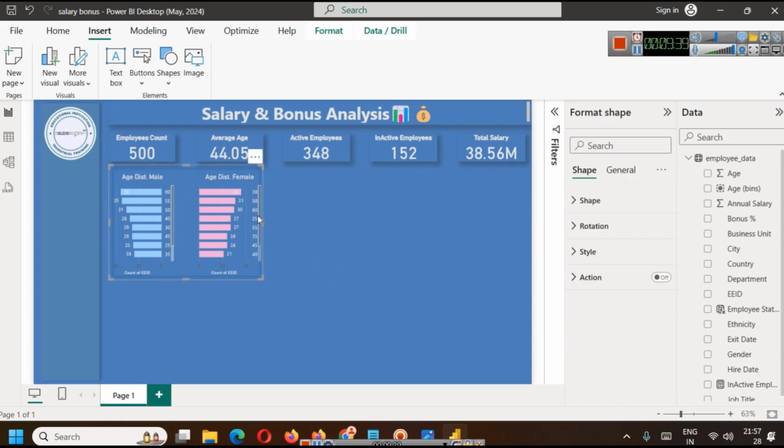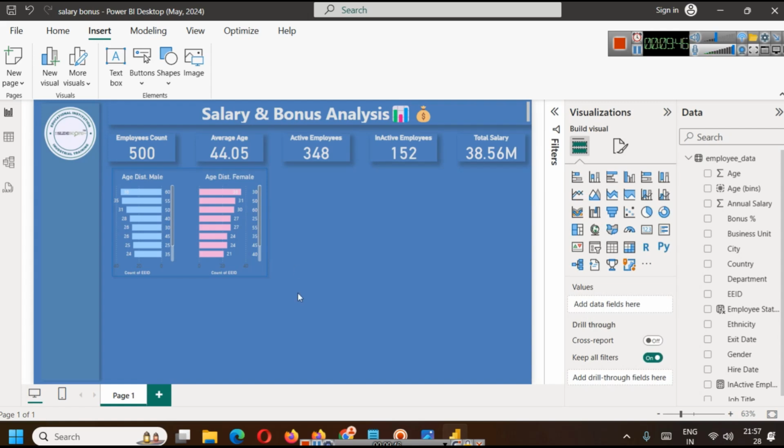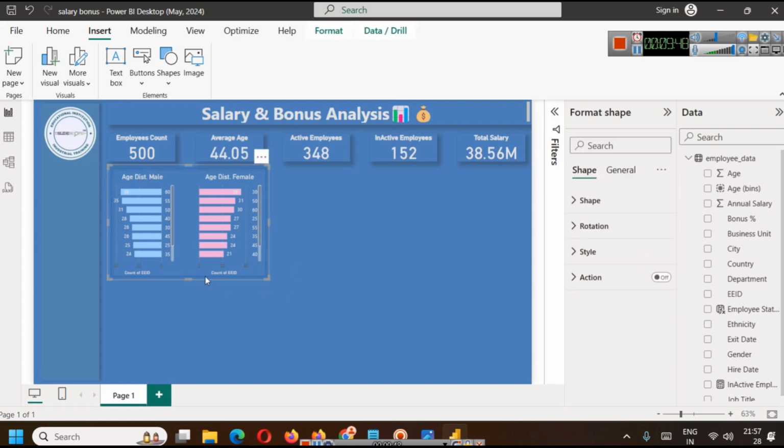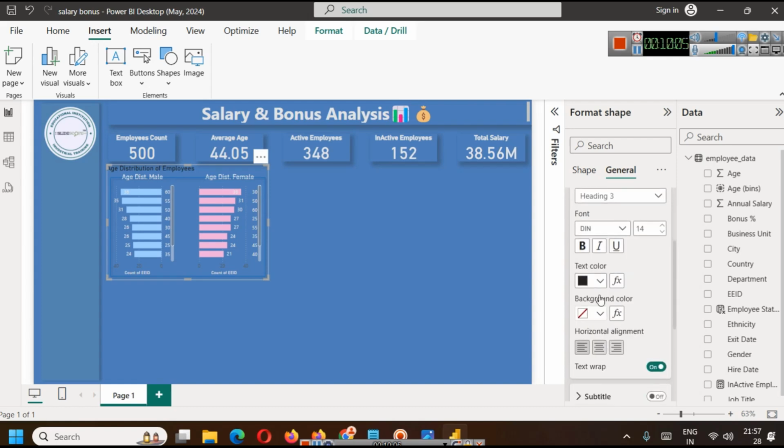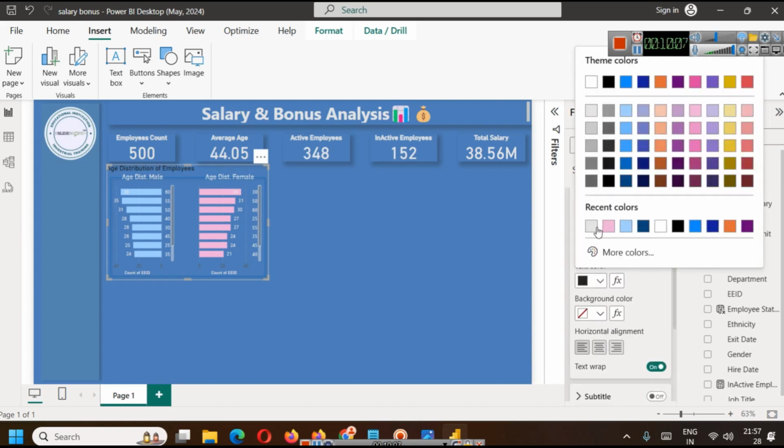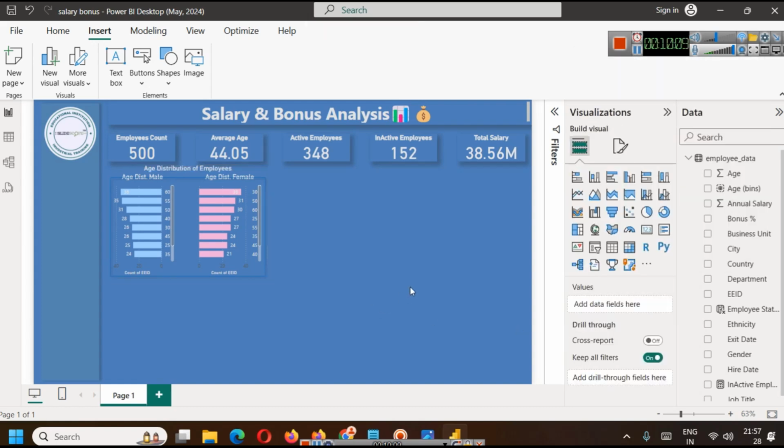Let's increase its height, its width, etc. So you will be able to customize it. So this is a simple way of showing age distribution. If you want, you can enable a title here representing age distribution of employees, and we can show it as a center, align center. Okay,